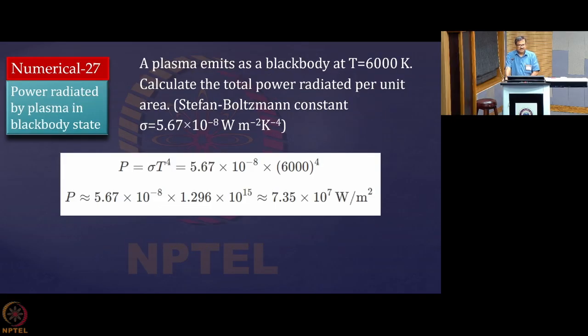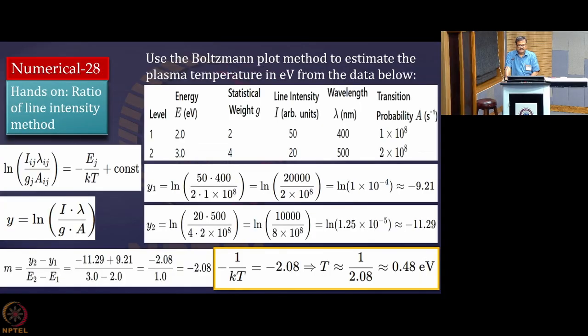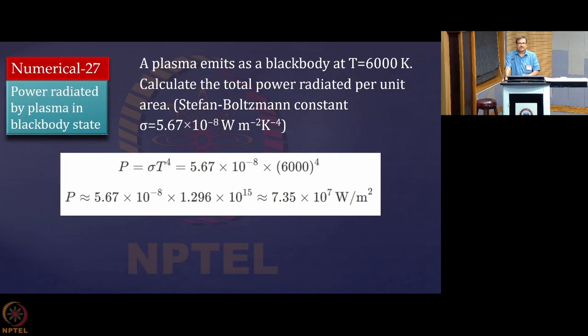So this is the last tutorial we will be having in this. No, there is another one. This one is actually the last but one. So what it shows here: a plasma emits black body radiation at 6,000 degree Kelvin, and we calculate the power radiated per unit area. So we will be using the sigma T4 law, and we know the sigma, and